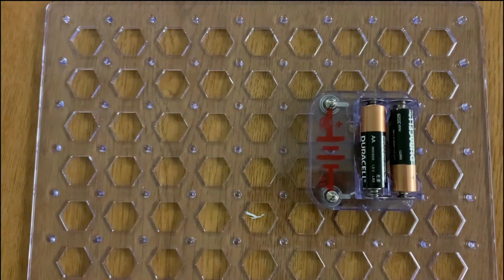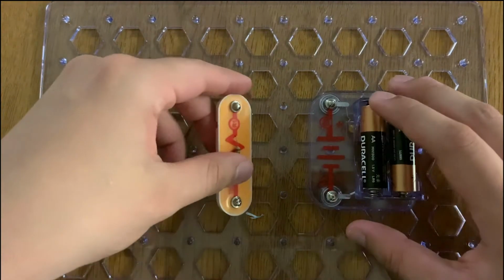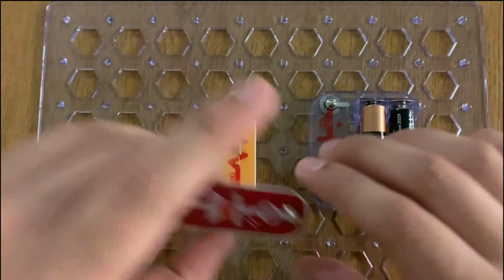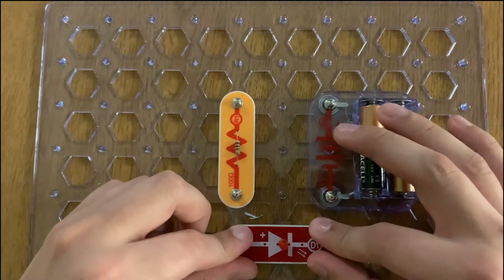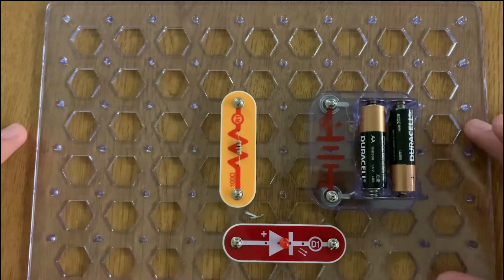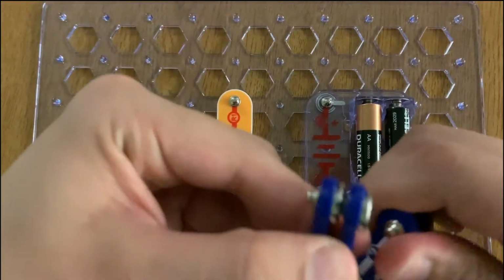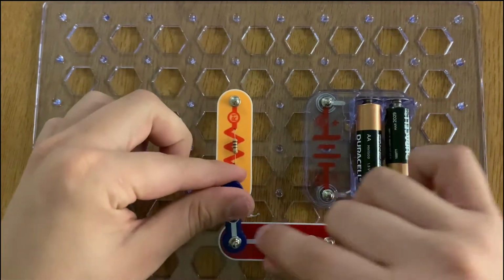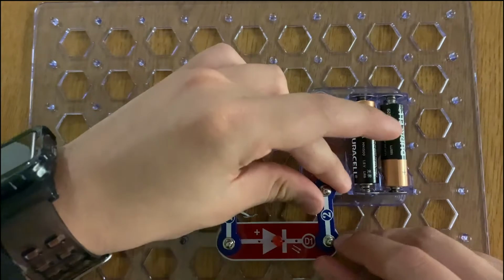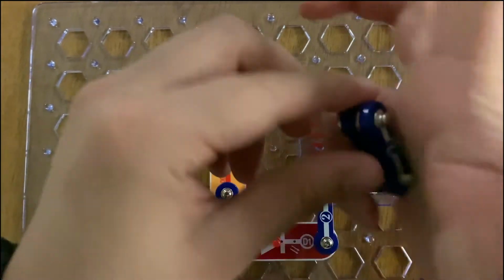So in order to create the detector, what we're going to do is right here lay the resistor parallel to the battery, and then put the LED right here beneath the two, like so. And then we're going to go ahead and connect everything with 2 long snap wires. So when we place a good conductor across the 2 terminals right here,